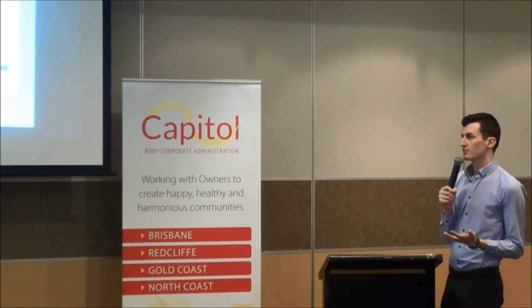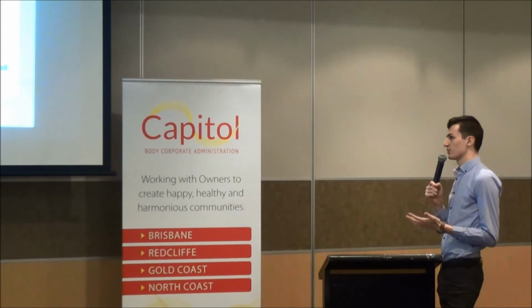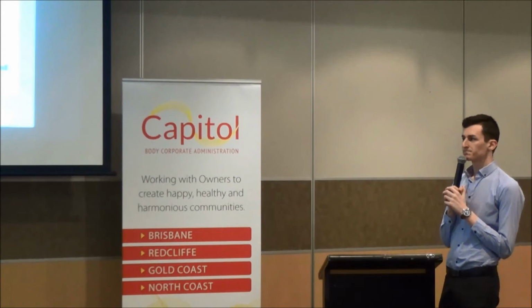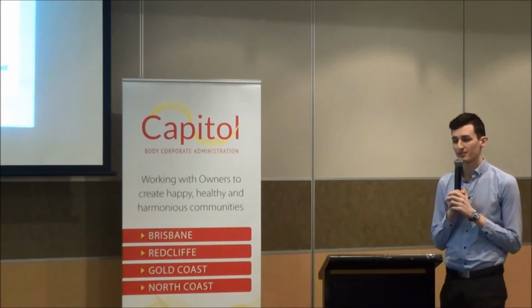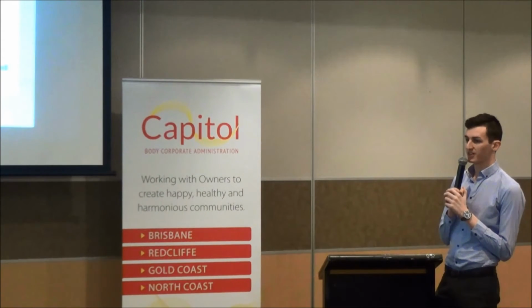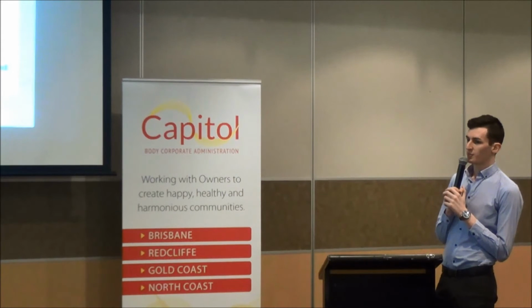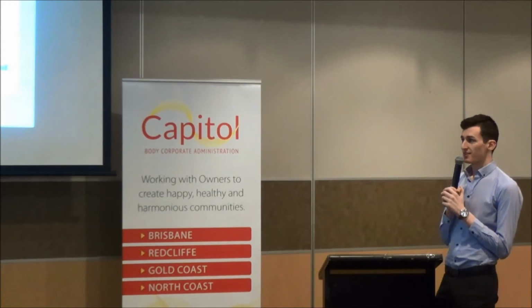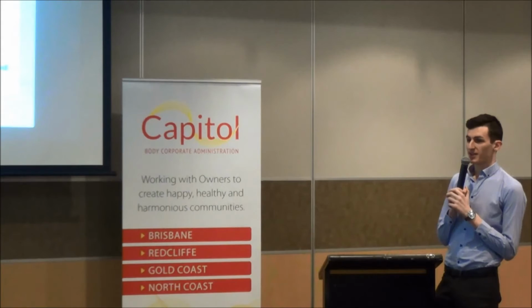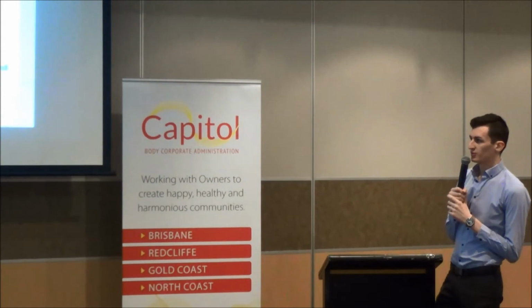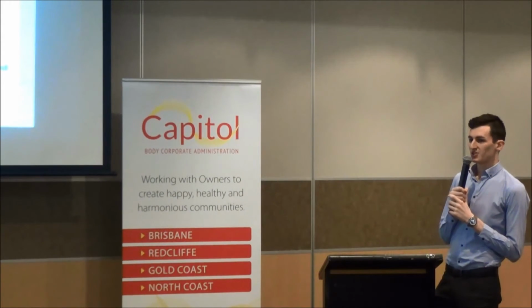On levies, most of you would pay at least some levies for some of your clients. There are consequences for not paying those levies by the due date. And these aren't consequences from us. These are consequences in the legislation. It's not us doing it, but it is in fact the law that if an owner has not paid their levies by the due date, they lose the right to vote at the AGM. So if your levies are due on the 1st of September and there's a meeting on the 5th, and you haven't paid that levy yet, or it's caught up in your end of month processing, then the owner whose levy you're paying can't vote at the AGM.